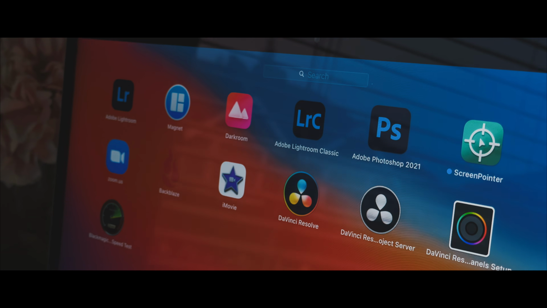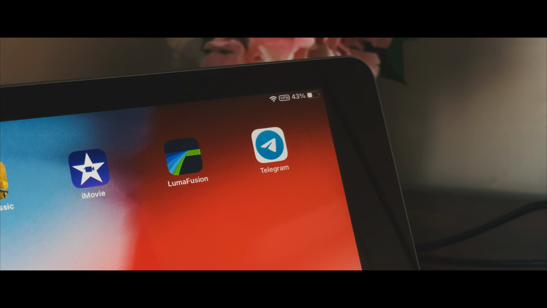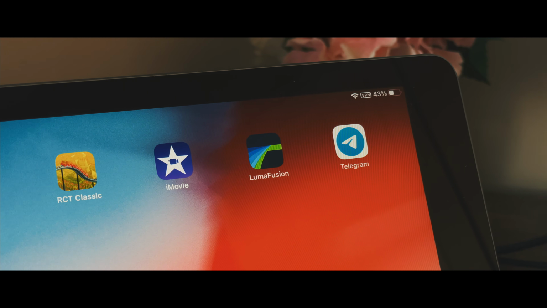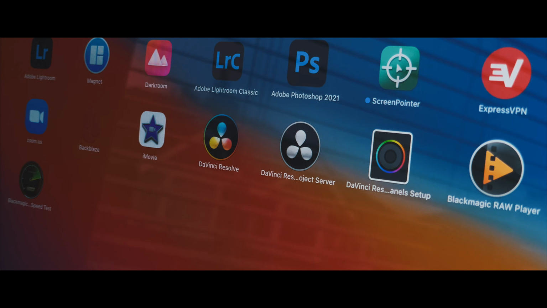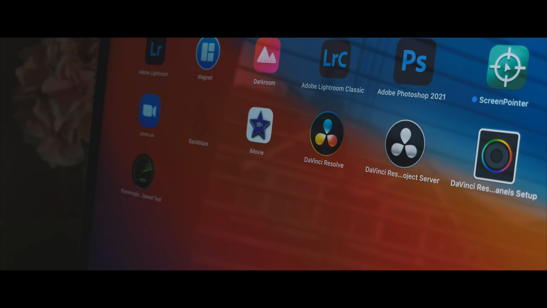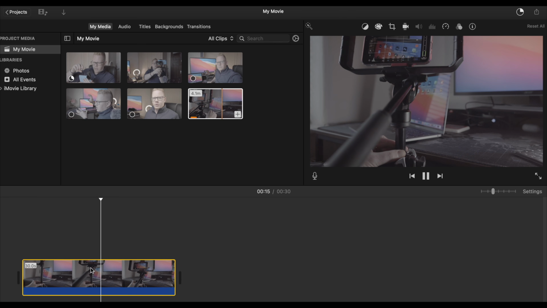But if you're on an iPad or even on the iPhone itself, I highly recommend LumaFusion. Now it is £28.99, but if you're looking to get properly into video, then it is absolutely worth it, and you can use it on multiple devices with a single purchase. But what about iMovie that comes free with all Macs, iPhones and iPads? Well, iMovie is fantastic, it really is. I actually made a living for a few years selling wedding videos that I edited in iMovie, but it's missing a couple of little features that I'll go into properly in the editing portion of this video.